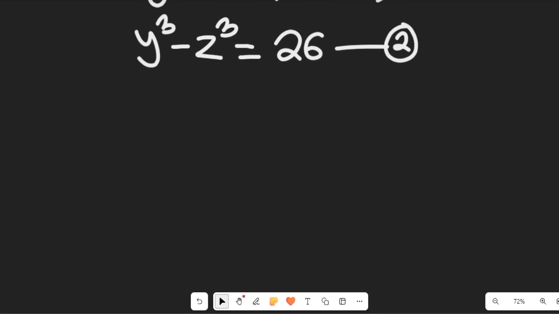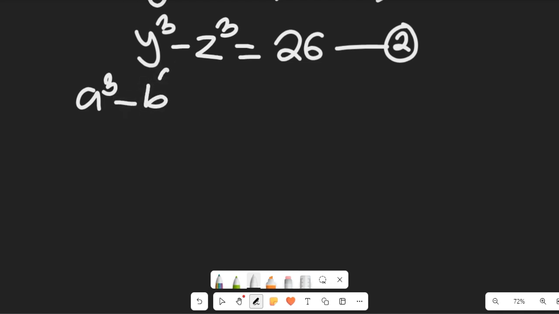Now recall an algebraic formula. Recall that if I have a to the power of 3 minus b to the power of 3, this can be equal to a minus b multiplied by